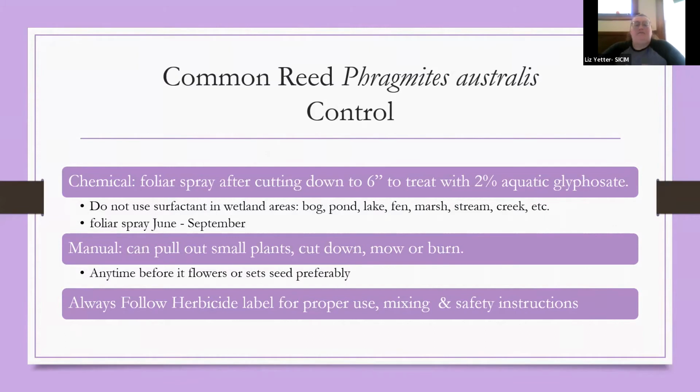You can, before it seeds, cut it, and if it's a small patch and you can dig out the root masses, great. Otherwise, repeated cutting and mowing can be effective for Phragmites. If you can get in there when it's not too wet, that's a big thing with that. And do it before seed sets, just because they are lightweight seeds and they do float really well on the wind. So if you introduce a rotating blade to that, the seeds will go even farther. But this one does have a pretty long growing season, so getting out there and getting it cut back can be effective.